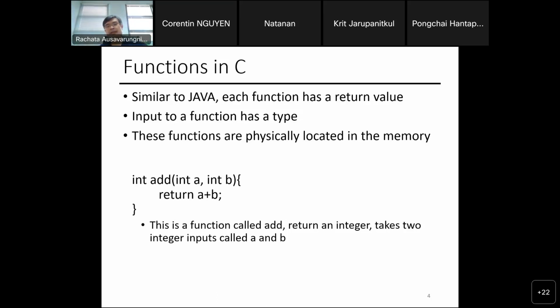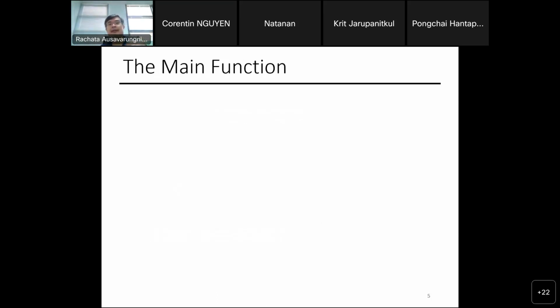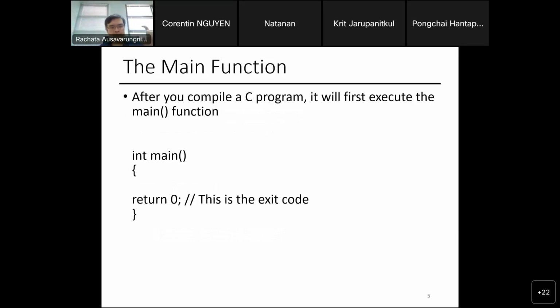When you run a function, basically it invokes it. For example, this is a simple add function. It invokes the add function, takes in A and B as input, adds them together, and returns the result back. And the runnable C program will have the main function. When you compile, whatever is in the main function is the first line of code that gets run. So you can put whatever code here, your code starts here. You begin the code there, and you can then call other functions, that's fine.